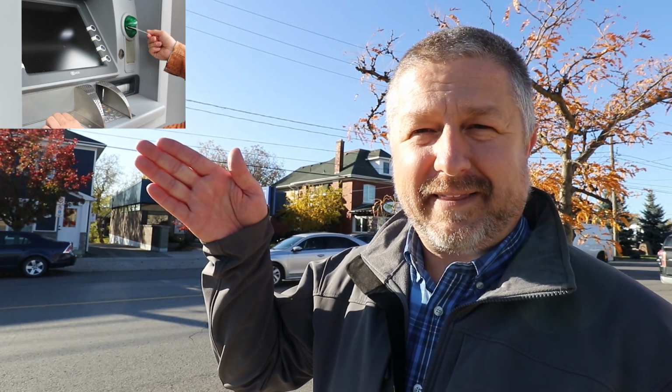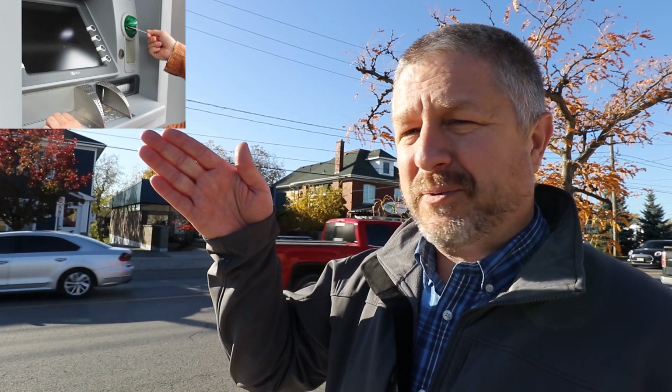So I'm just going to hold my hand up here so you can't read the front of this building. This is a building where you can deposit money and a building where you can also withdraw money. That should be enough of a hint. I'm pretty sure you'll be able to guess that this is